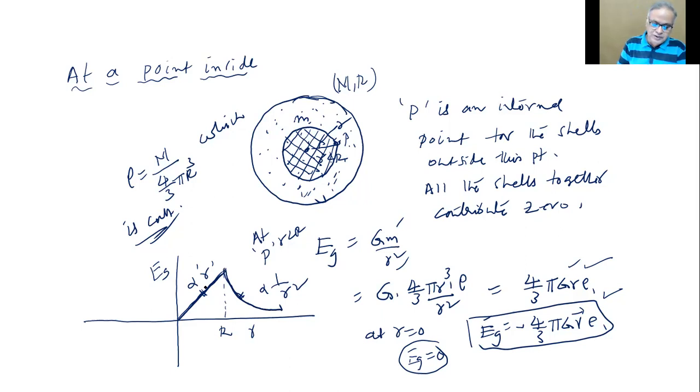In other words, remember, this is what is there for G. I did not mention this earth and all that. Whatever I'm doing is actually applicable for earth. So how is it behaving on both the sides? Only you can tell, no? It is increasing from 0 to capital R, sir. From 0 to R, it is increasing linearly.